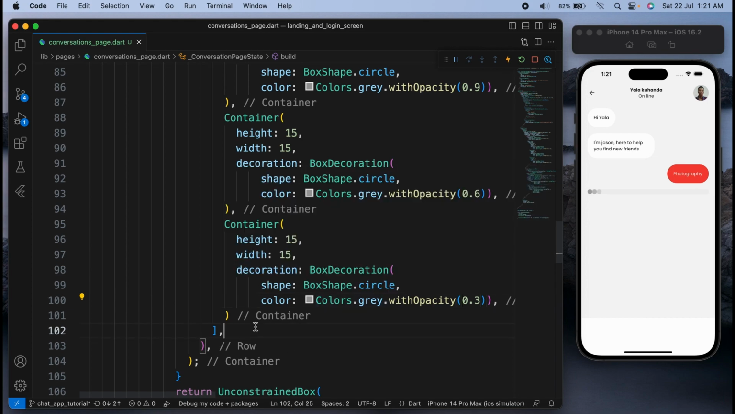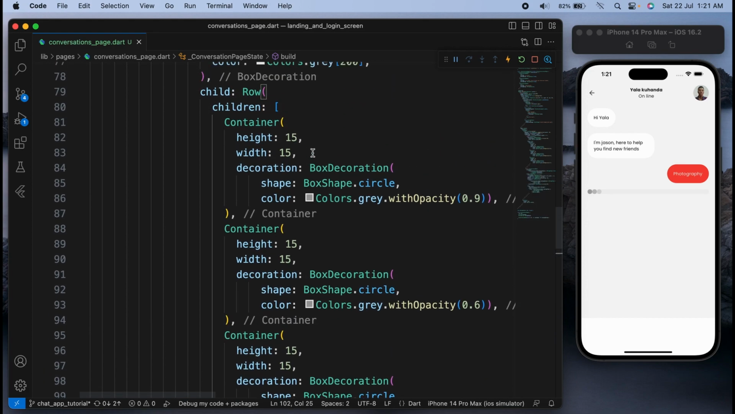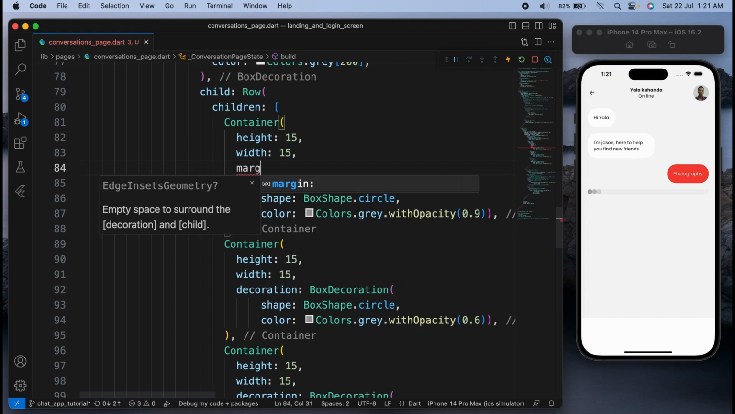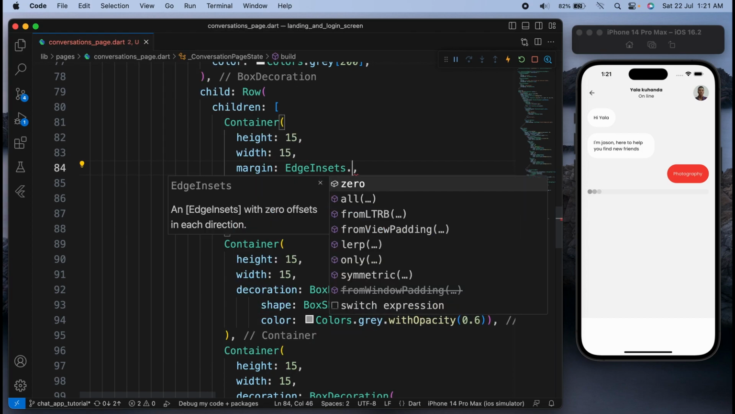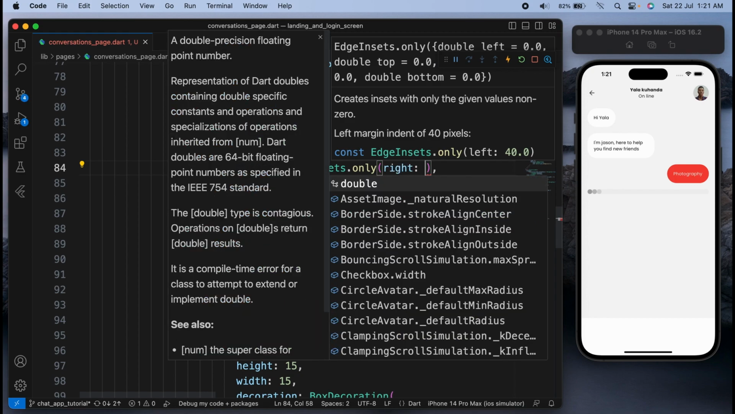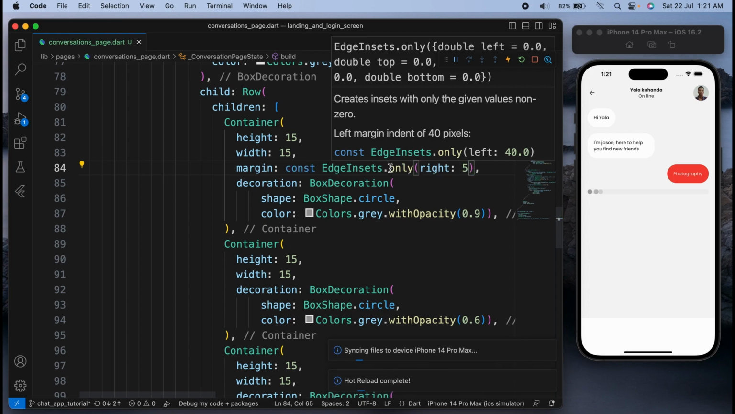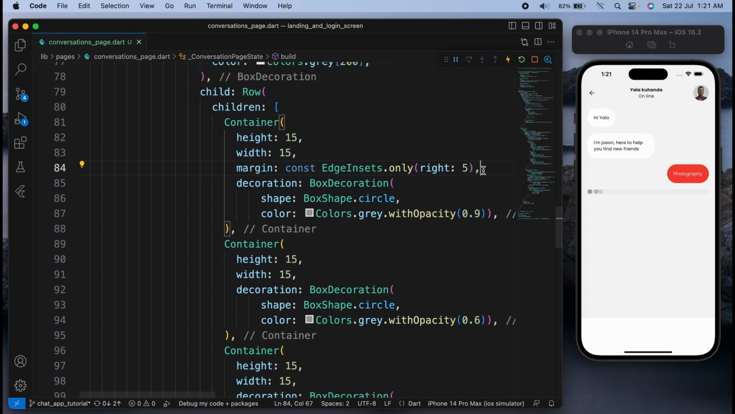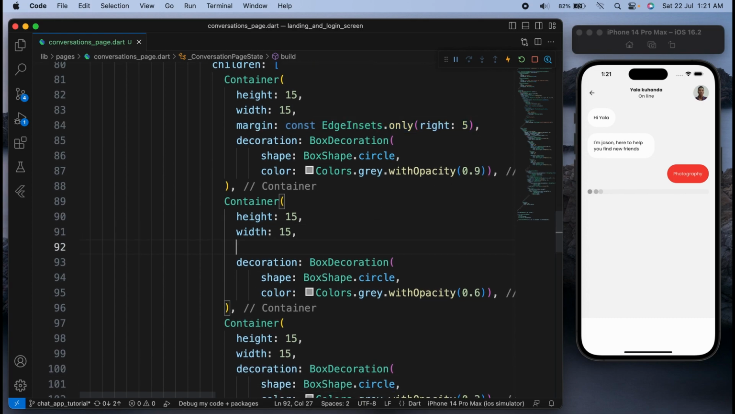Okay, it's good. But now we're gonna need some margin, only at the right side. Let's say only 5. Okay, this is the way to go. You can just copy this margin